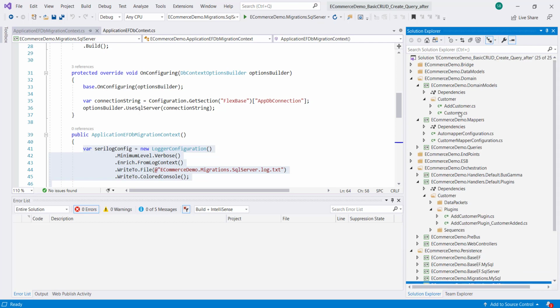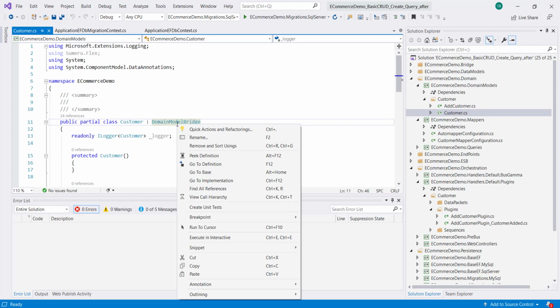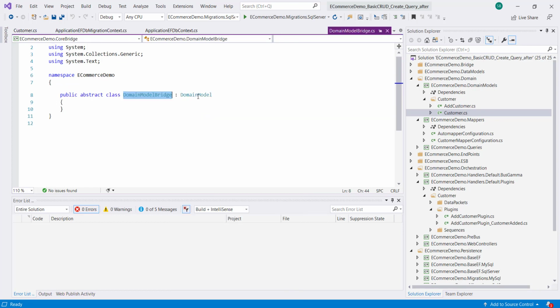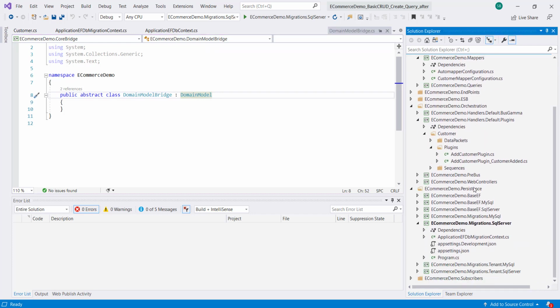So in the domain model, if you see, this was inherited from the domain model bridge, and that in turn is derived from the domain model. So this helps you to customize your domain model. What Flex will do, anything that is derived from the domain model will be automatically added to the Entity Framework Core.